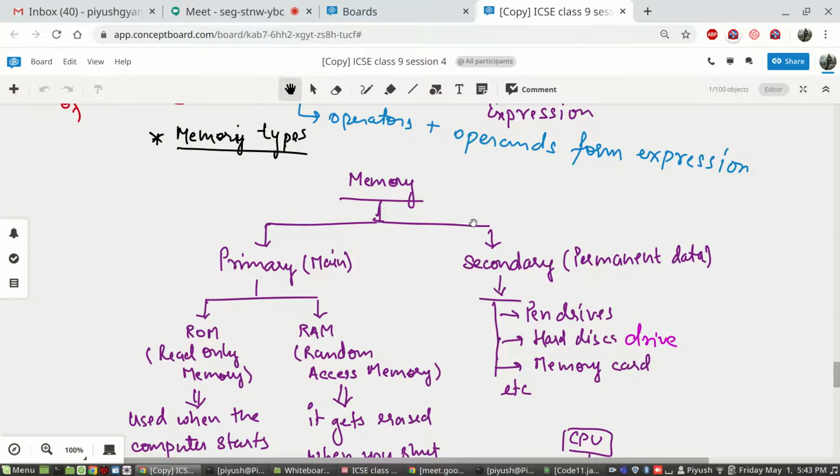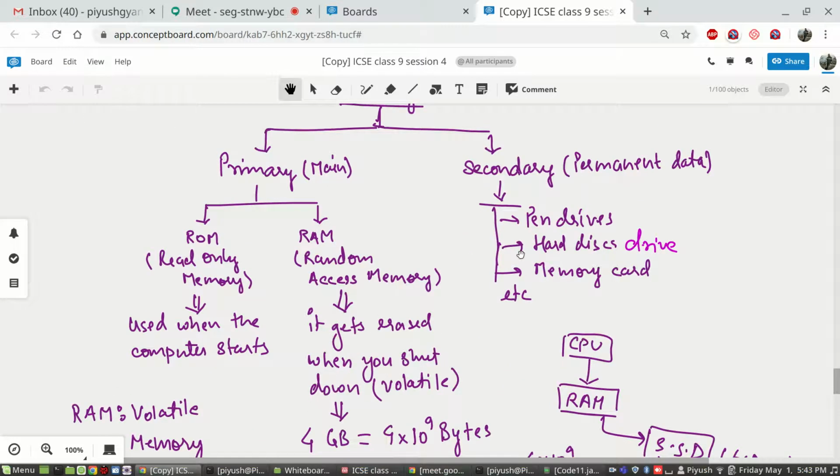Primary memory is of two types, RAM and ROM, whereas secondary memory includes your pen drives, hard disk drives. This is the reason they are known as HDD, the full form being hard disk drives. Then memory cards, etc.